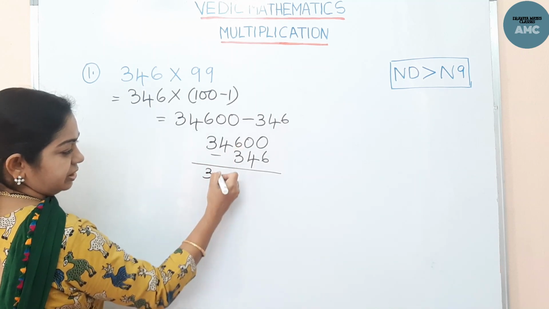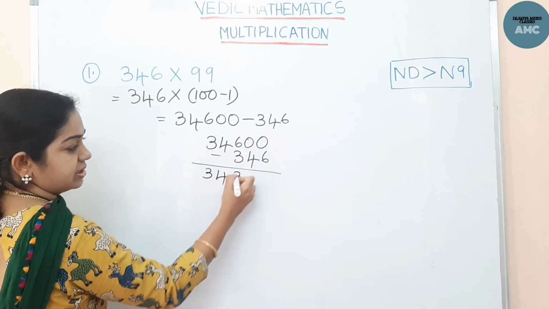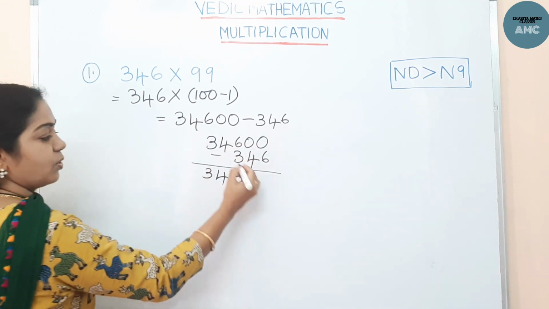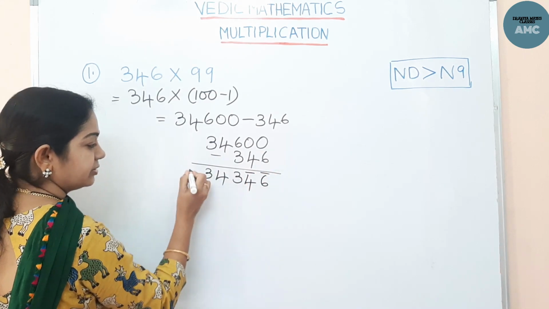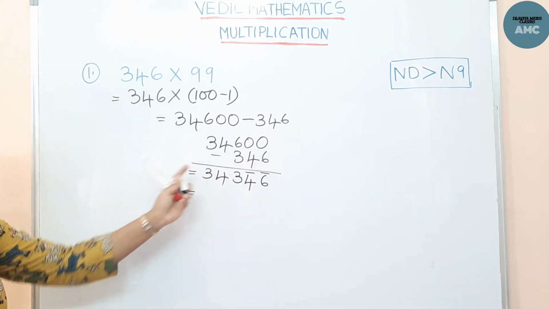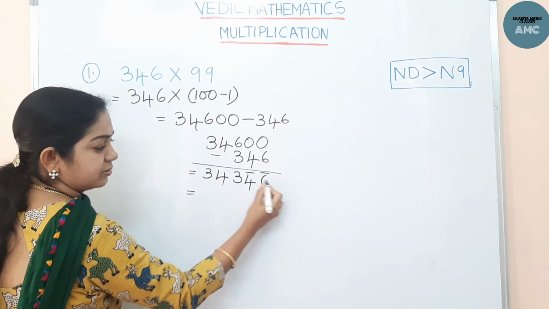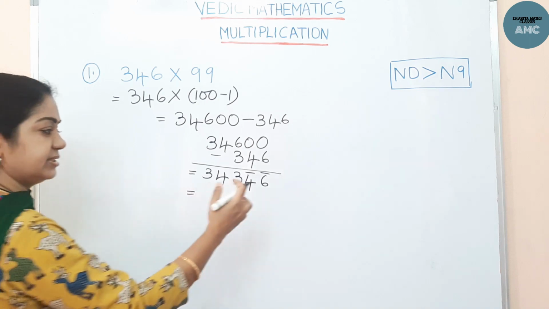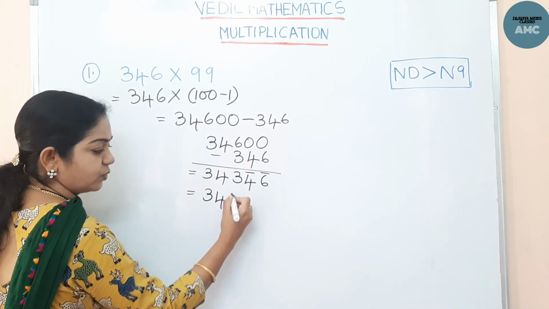Just drop 3, 4. We have to start from left to right, isn't it? 6 minus 3 is 3. Now 0 minus 4, this is not possible physically. So what do we keep? 4 vinculum and here 6 vinculum. Now this is not the actual number, this is a vinculum number, right? The actual number: when the vinculum is placed on the series, then we have to decrease 1, that is Ekanyunena Purvena, 3, 4, 2.